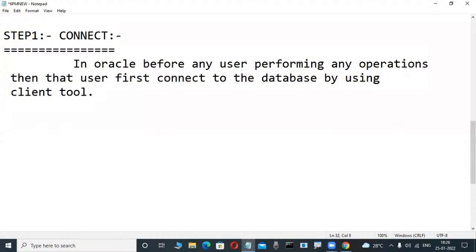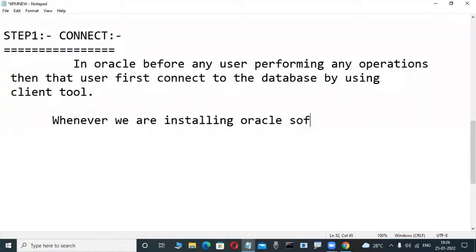Next para, write it. Whenever we are installing Oracle software, that is called Oracle server. Whenever we are installing Oracle software, then automatically